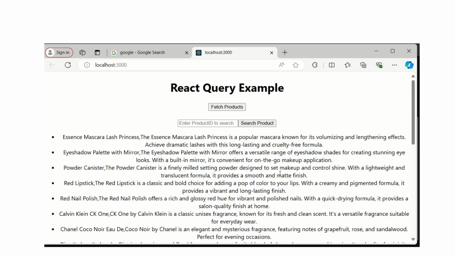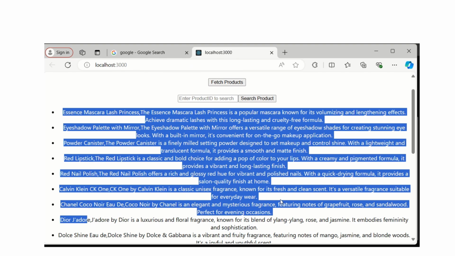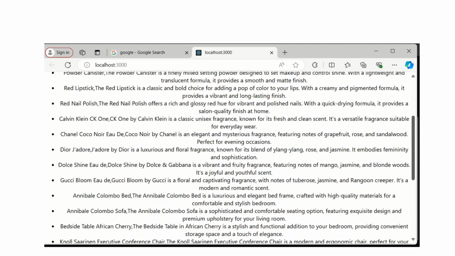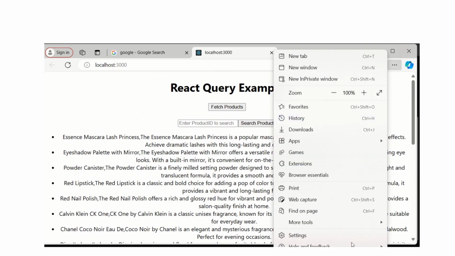So as you can see, this will fetch all the products on page load of the screen. So that's why you're seeing all these records. If you go to the developer tools,